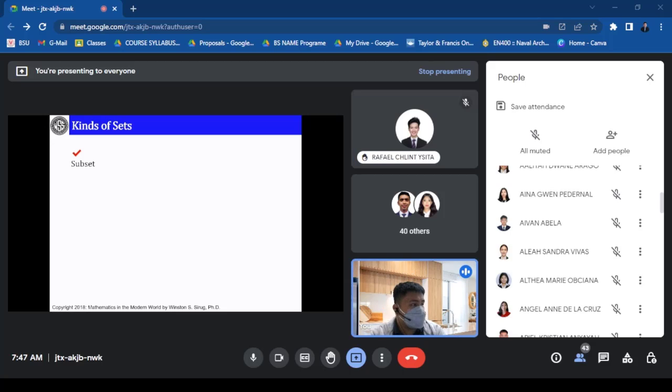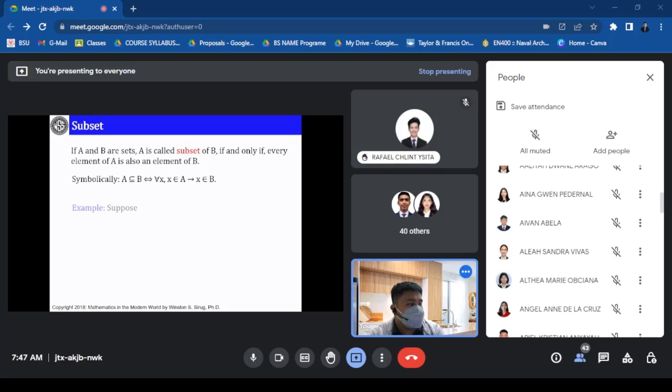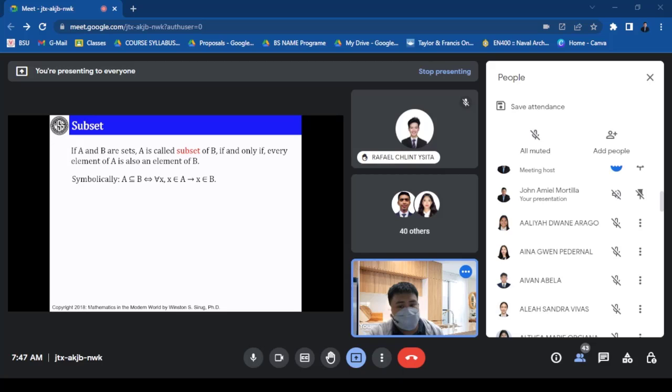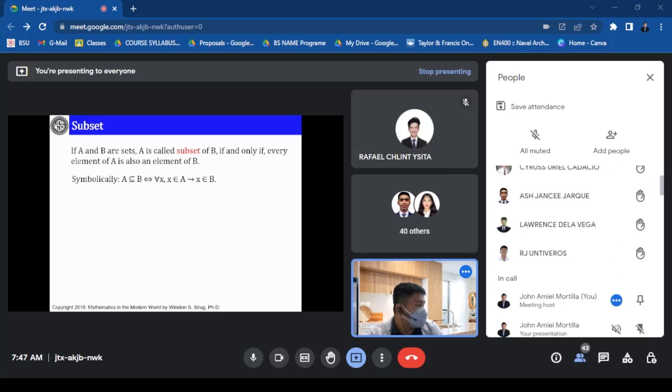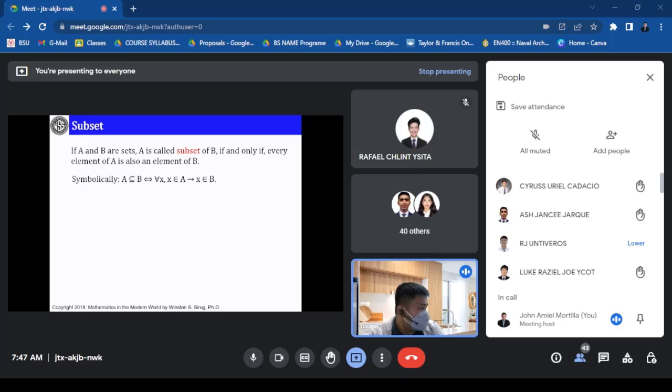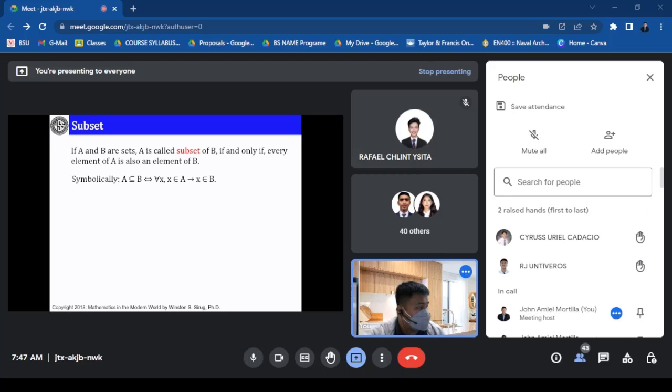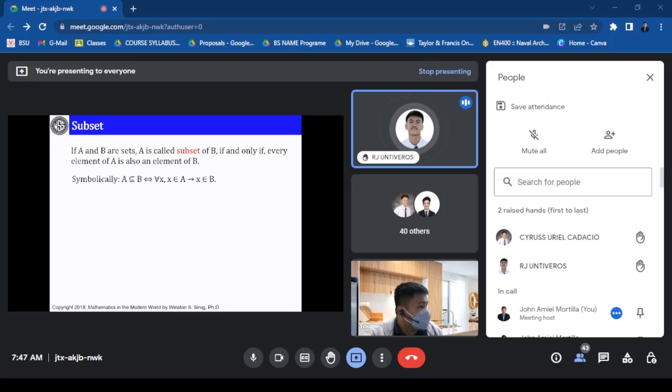Okay, so we have kinds of set. And the following, we have a subset, proper subset, equal set, power set. So we have subset. Please read subset. Okay, RJ, please read subset. If A and B are sets, A is called subset of B if and only if every element of A is also an element of B. Symbolically,